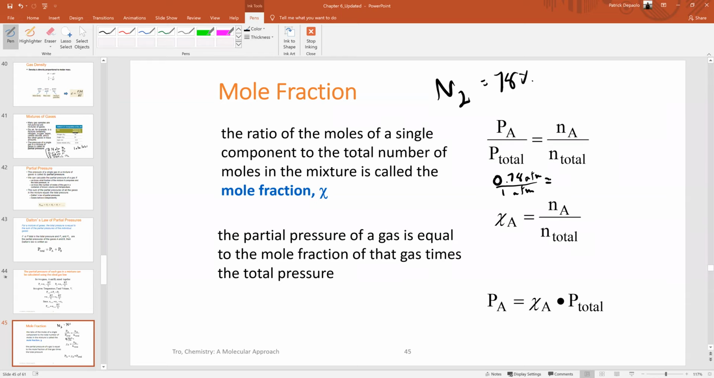You could also say that the molar ratio, the total moles, let's say you had 1 mole total, you would also have 0.78 moles of N2. This is saying that the partial pressure percentage is the same percentage as the mole ratio, the mole fraction. Thus, you could say the mole fraction, this X, which is actually a Greek letter, psi or something, chi,